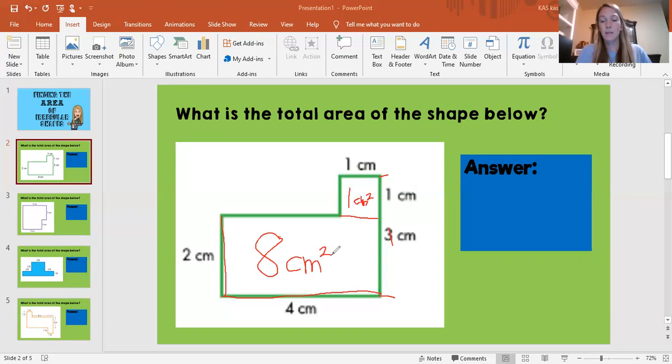Okay, now we're not done yet because it said what is the total area. So what do you guys think we would do to find the total area? Total is one of our keywords we've been learning. We need to add up any area that we had. So I need to go 8